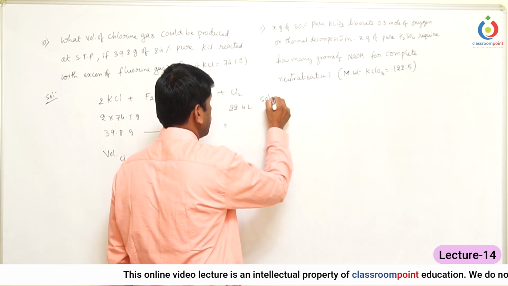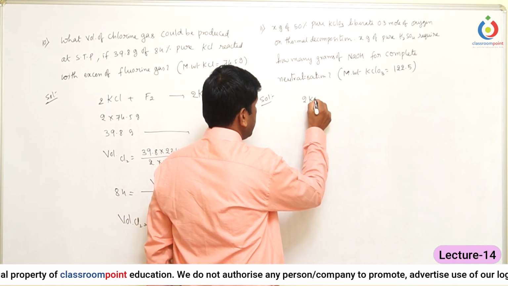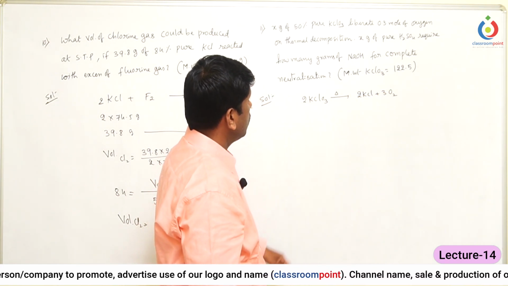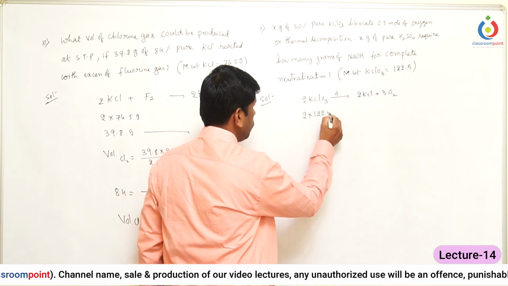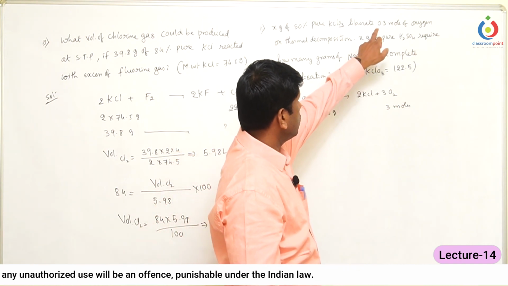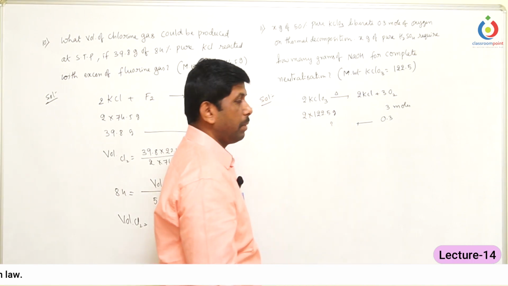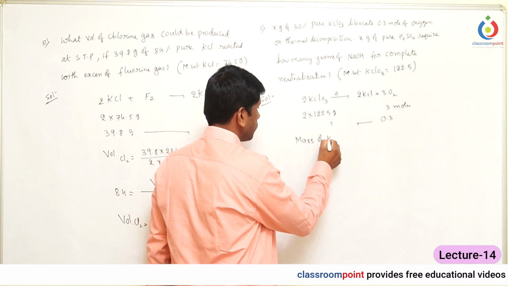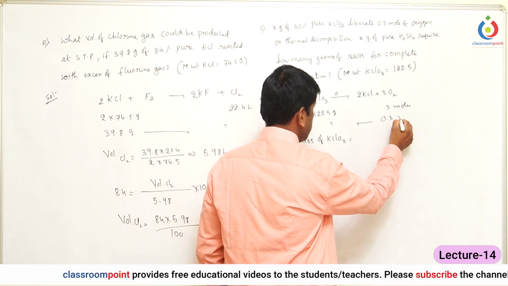So here two equations are there. Solution. Write down the thermal decomposition reaction for the KClO3. 2 KClO3 on heating gives 2 KCl plus 3O2. Molecular mass of KClO3 is 122.5 grams. So 2 moles participate, so 2 into 122.5 grams is producing 3 moles of O2. They are asking, 0.3 moles comes from how much? So if 0.3 moles are there, then how much is the mass of the KClO3 participating? So mass of KClO3